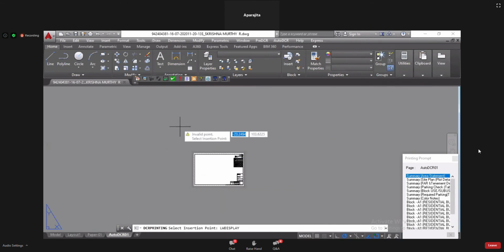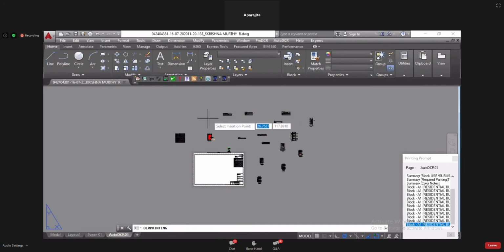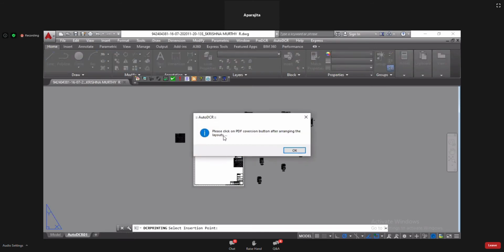Then click outside the sheet for placing all the blocks. So please click on the PDF conversion button after arranging the layout.